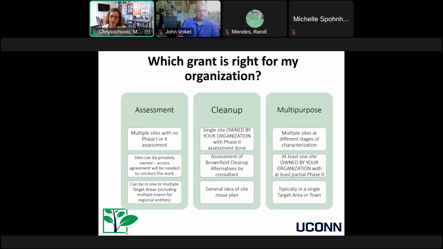So I will not address the revolving loan fund or RLF grant at all today, but I do want to give you a little bit of an overview of assessment, cleanup, and multi-purpose grants. So